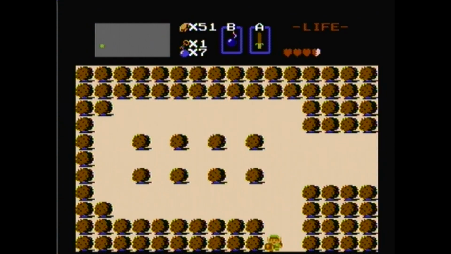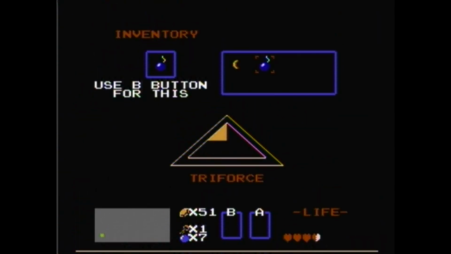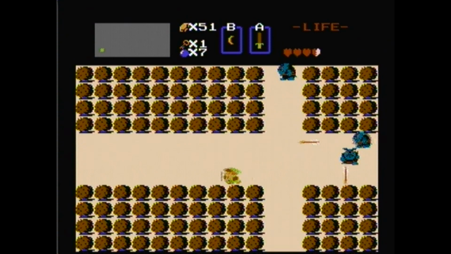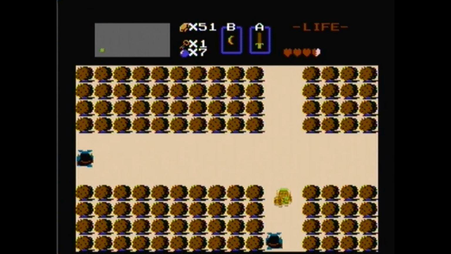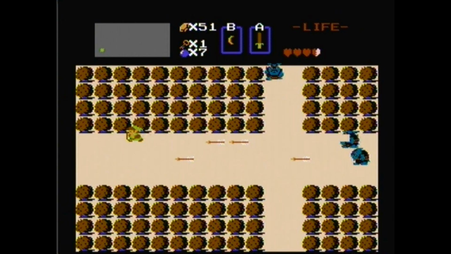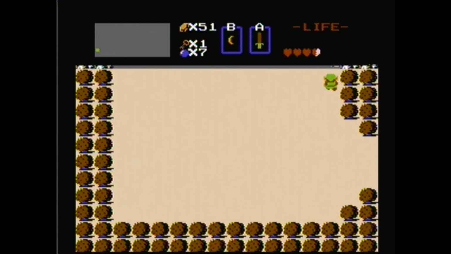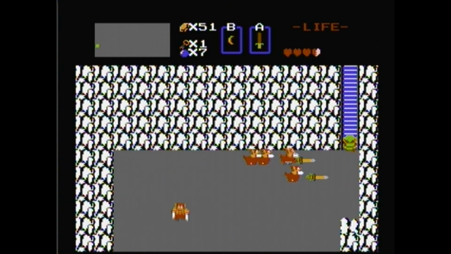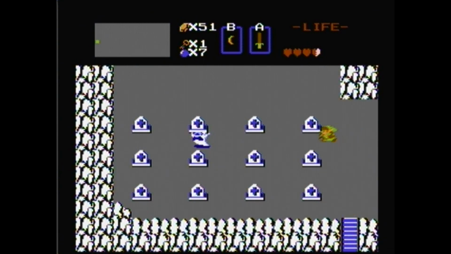Oh! Whew. Close. Get my boomerang out. It's better. Because it stuns so many things. Bye, Lost Woods. That was a close one. Alright, we're almost there. Go away. And while we're here, we might as well get the Power Bracelet as well. And there's also another item we really should get. 2, 3, 4. I forgot. I think it's